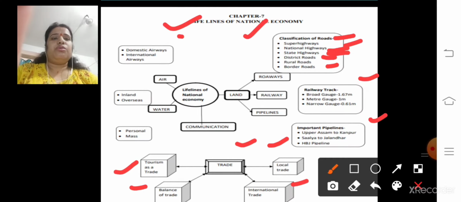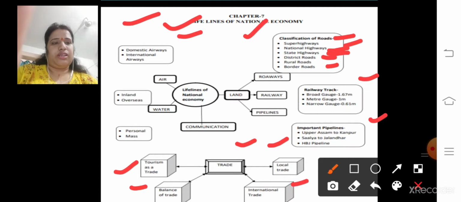This is the whole flow chart of your chapter. When you are going for the exam, the night before the examination, you can recall your chapter by this flow chart. Okay class,